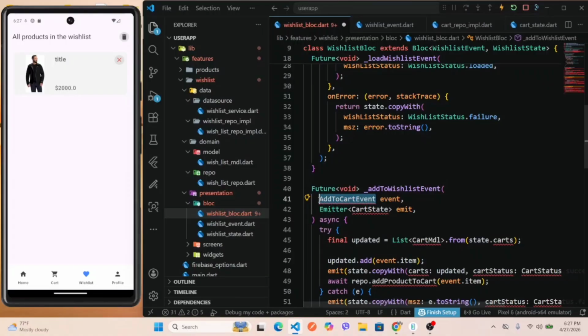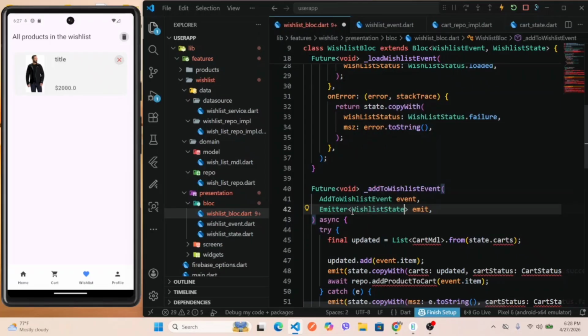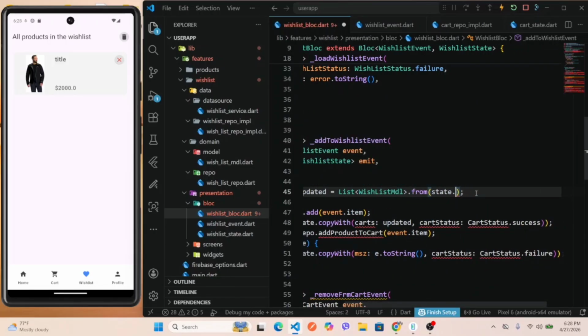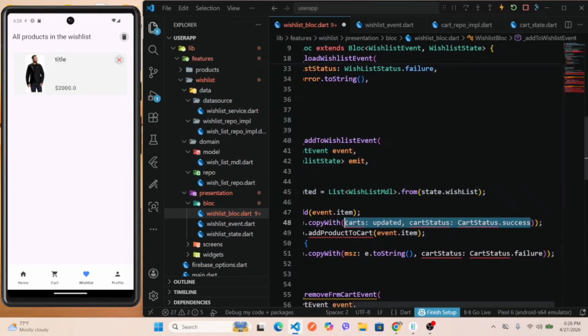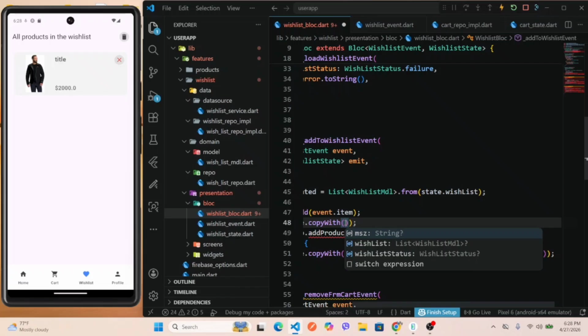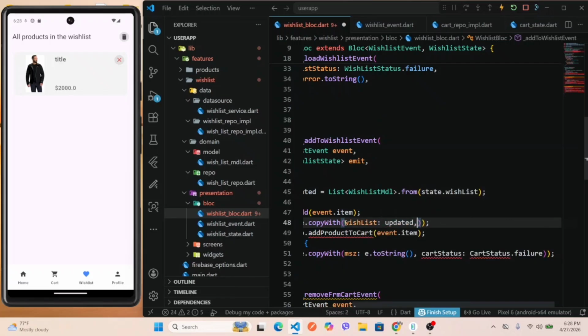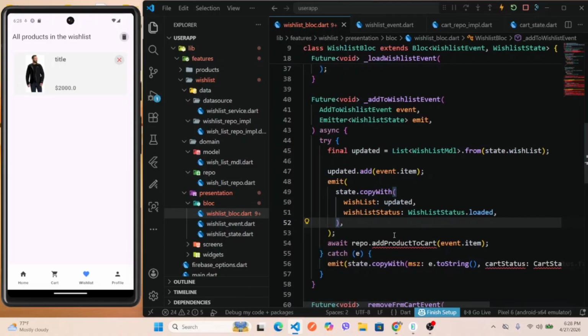Send this to add to wishlist event and this one to wishlisted and this one to wishlist model, and from here we'll get the wishlist. Okay, remove this one. Keep the wishlist that updated list and make the wishlist status dot loaded. We define it as loaded